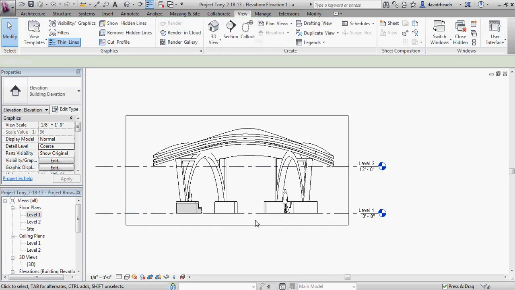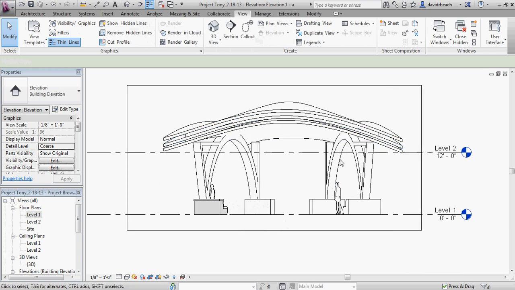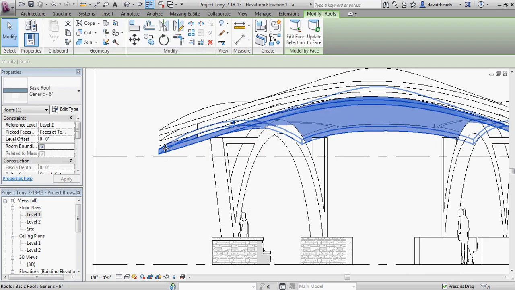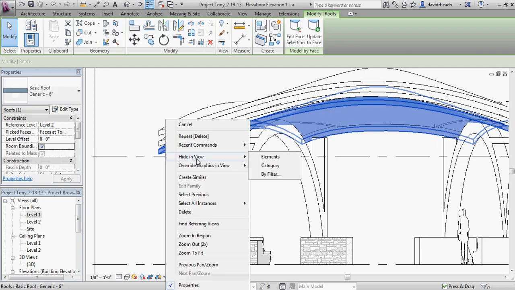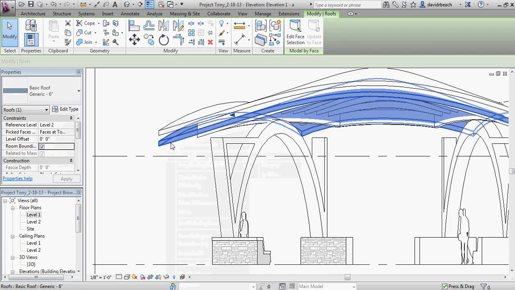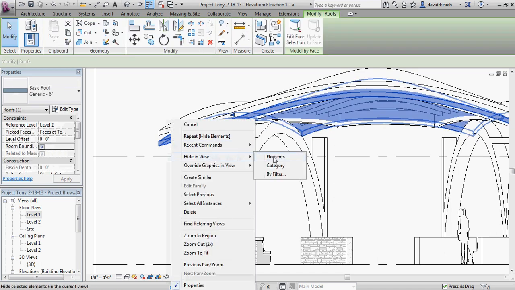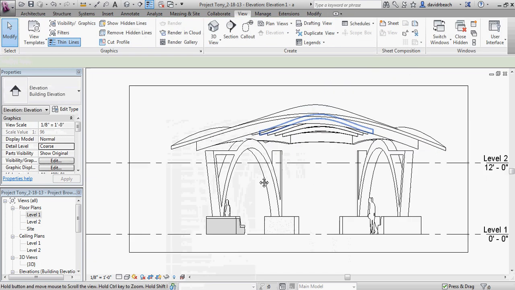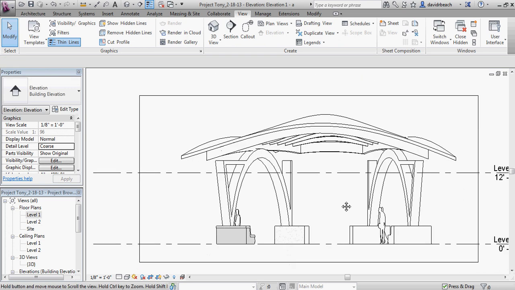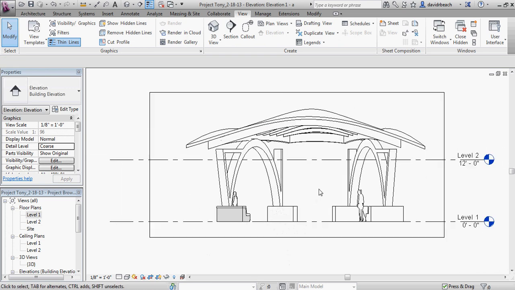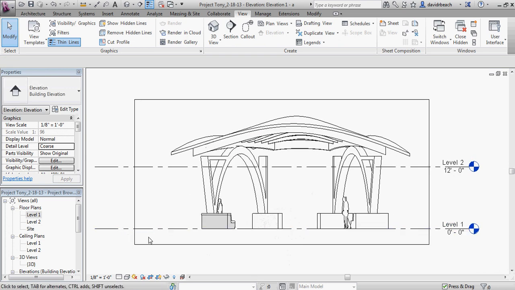And so I have this elevation set up. The first couple things you notice is I need to go ahead and hide these roofs that I was using as a tool to help guide my structure. Now, right off the bat, this elevation is fairly flat looking, so there's a couple of simple things that I want to do. The first is give it a little bit of a hit on line weight. This isn't a perfect fix, but it's remarkable how good it helps at just getting that initial take on line